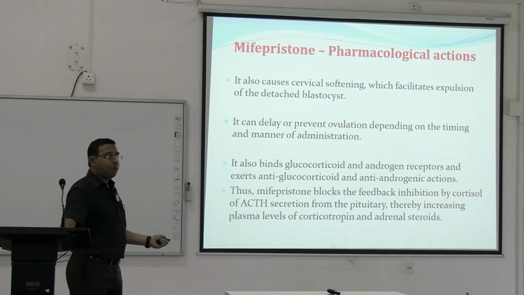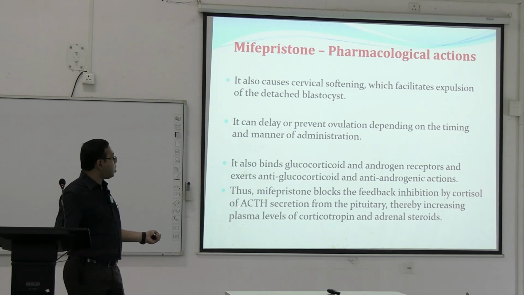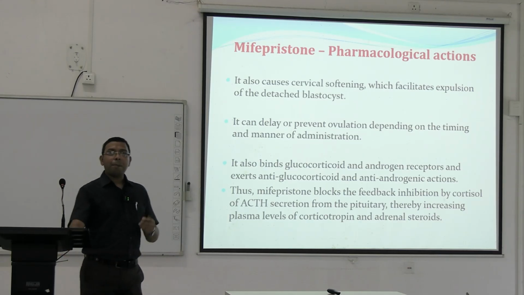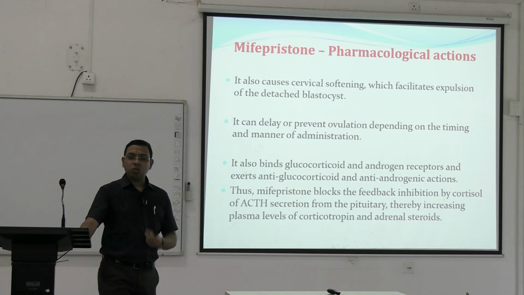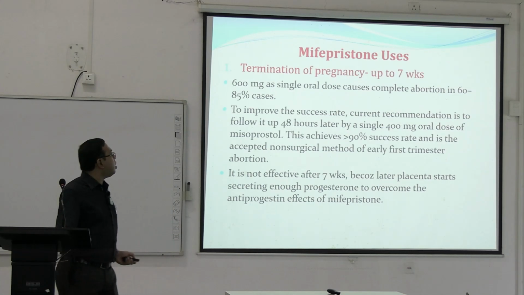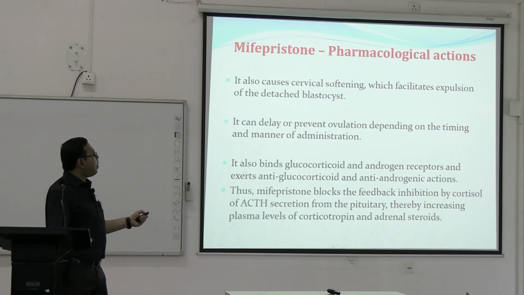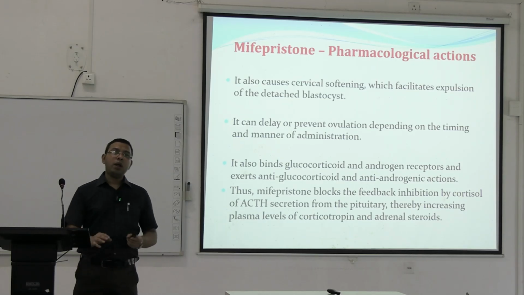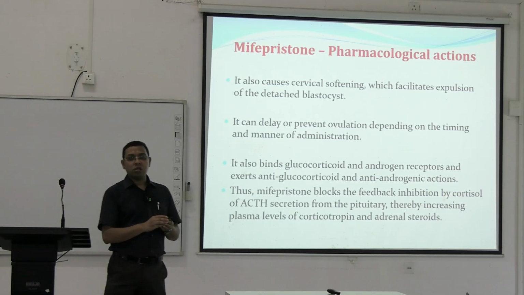Thus, mifepristone blocks the feedback inhibition by cortisol of ACTH secretion from the pituitary and ultimately increases the plasma levels of the corticotrophin and adrenal steroid. So the plasma levels of the adrenal steroid are also increased, and corticotrophin is also increased. So ultimately from this, it is clear that mifepristone is mainly used when pregnancy has already happened,